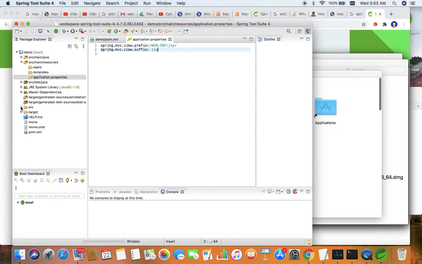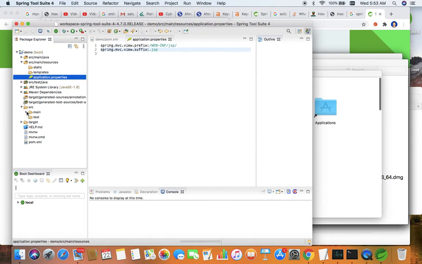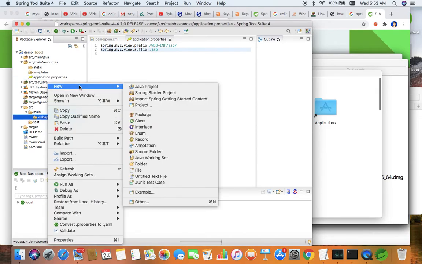Then inside the src main webapp, you have to create a folder. Right click on the webapp folder.